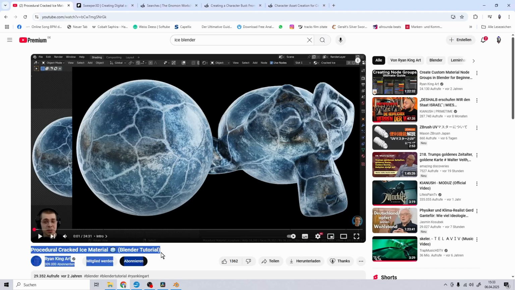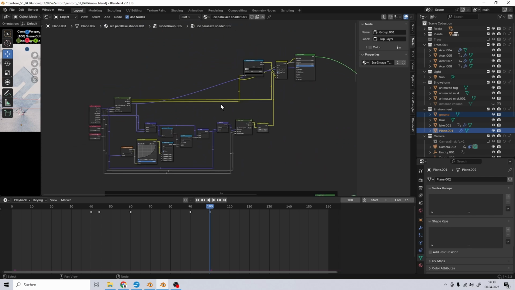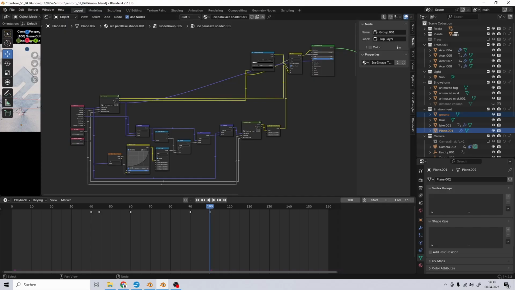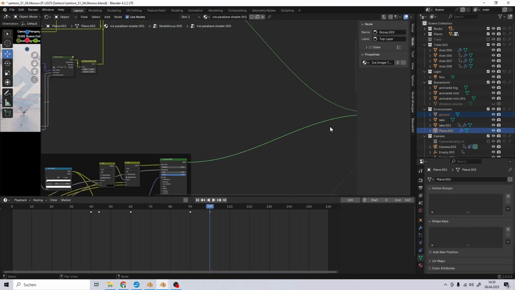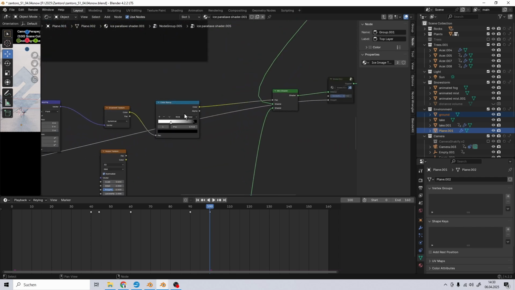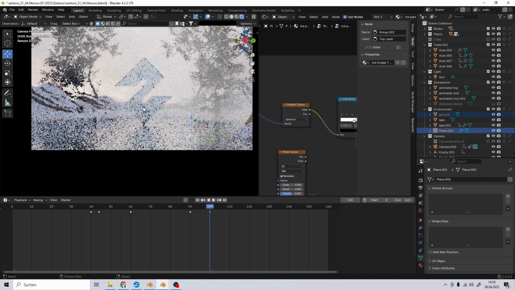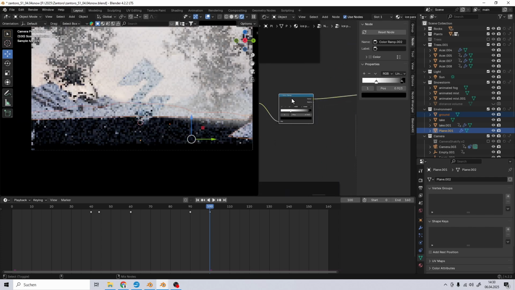Nothing too complicated, but then I mixed it with this setup as well. I found this tutorial on YouTube, which leveled my ice material up all the way, so it looks really nice now. You have this like depth effect in the ice surface. Yeah, and then we have to mix it together with a mix shader, and then for the factor we need this gradient, so we can spread the ice out. I will show you what I mean. If we highlight the color ramp,